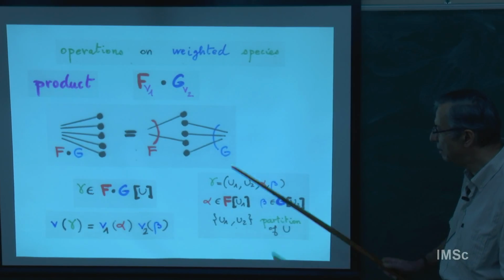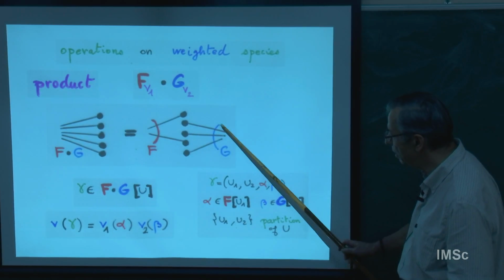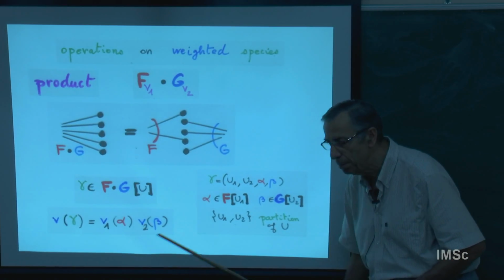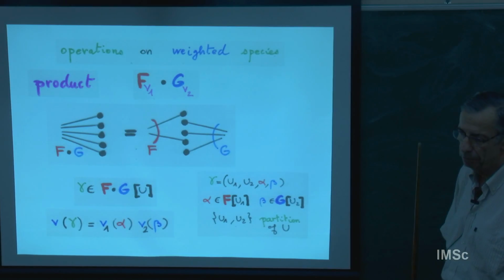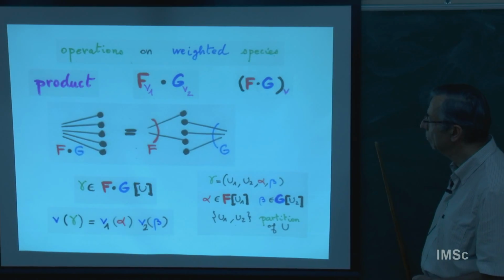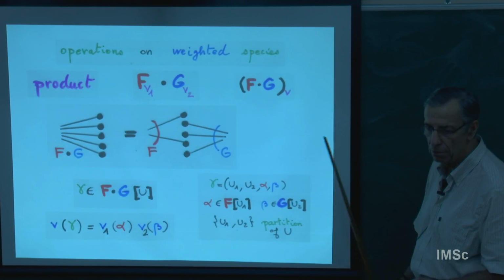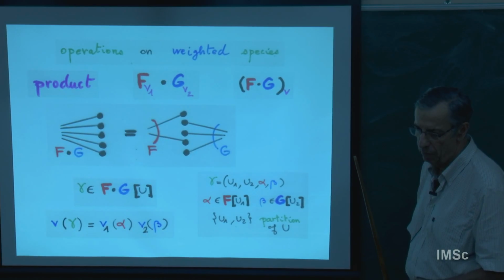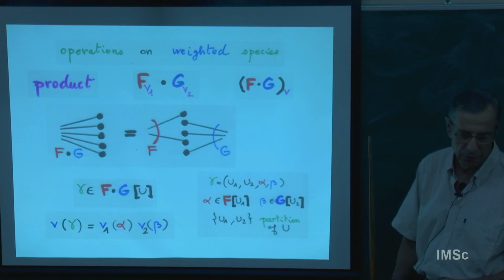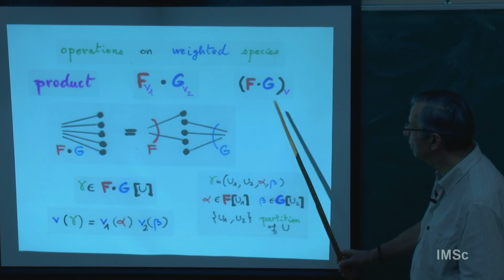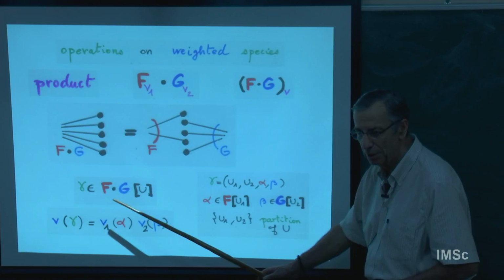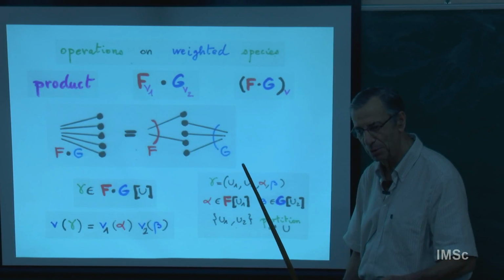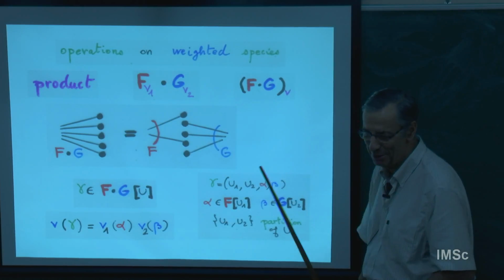And I have a weight V1 for F. I have a weight V2 for G, and then the rule is that the weight of the total gamma is the product of the weights. And this defines the weight V of the product of two structures. And then the generating function related to this weight will be the product of generating functions. I forgot to say, in the sum, the generating function with the weight will be the sum. And in the product, the generating function with the weight will be the product.